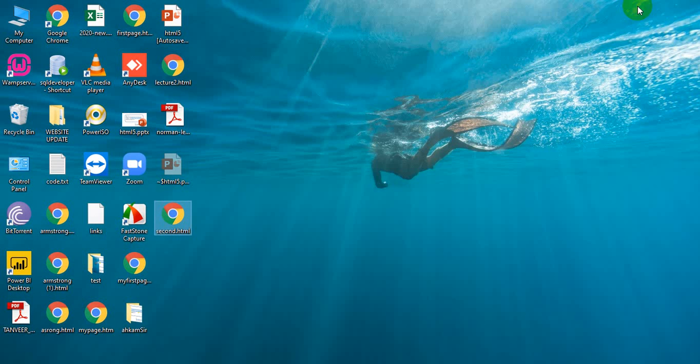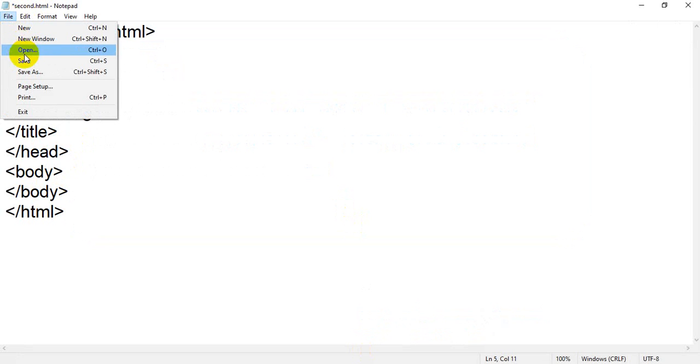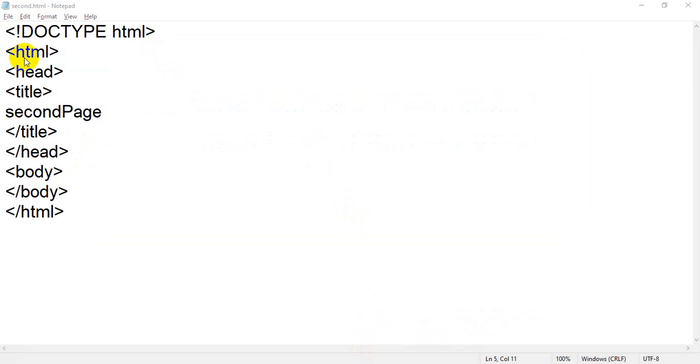See, right now I don't have anything on my web page because till now I have just taken the basic HTML tags, which are HTML, head, title and different body tag. Now if you want to add some title to your page, just assign, that is your second page. Write down second page. Now again see the output, save it, flip back to your output page, that is your browser page. Just refresh the file. So now you will get your title, that is second page.